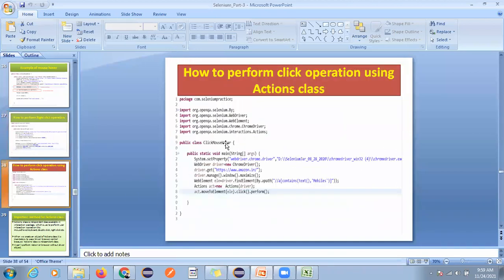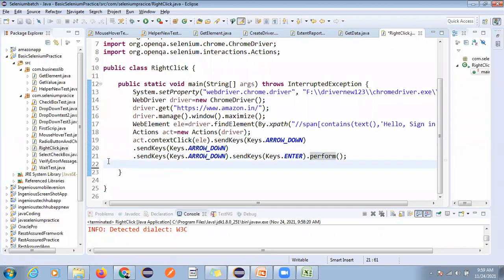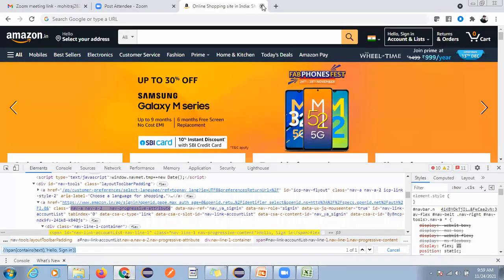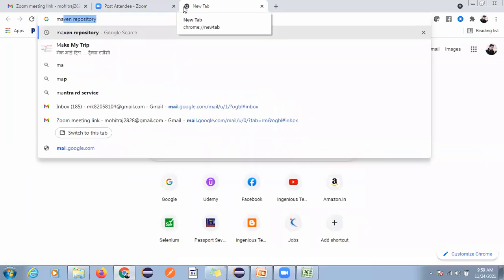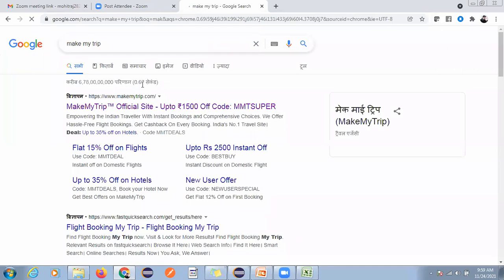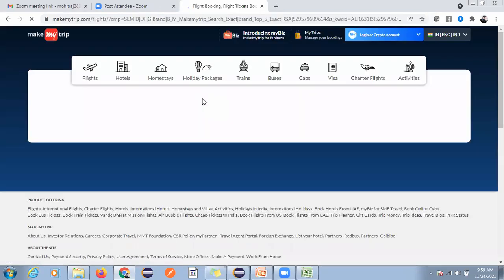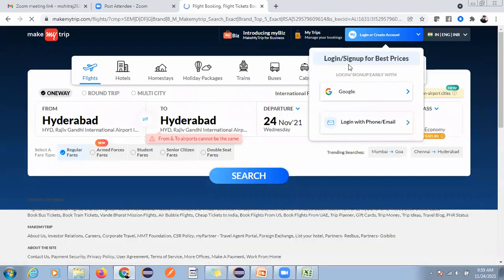We can do the click operation also by using the Actions class. Have you done that assignment or not? If you go to MakeMyTrip, whatever we tried yesterday, and click on that, you can see a pop-up is coming.